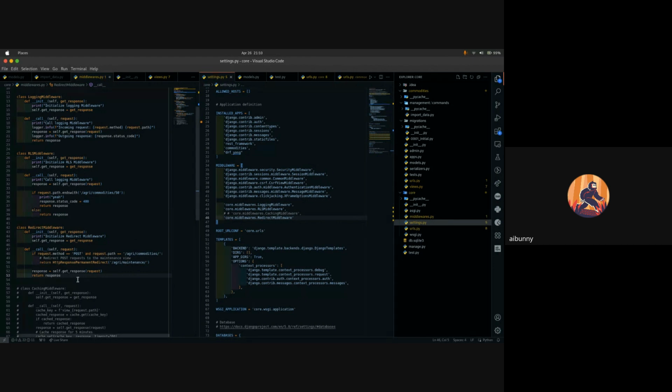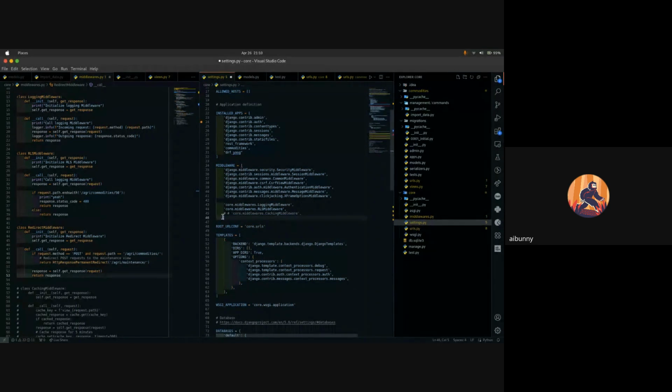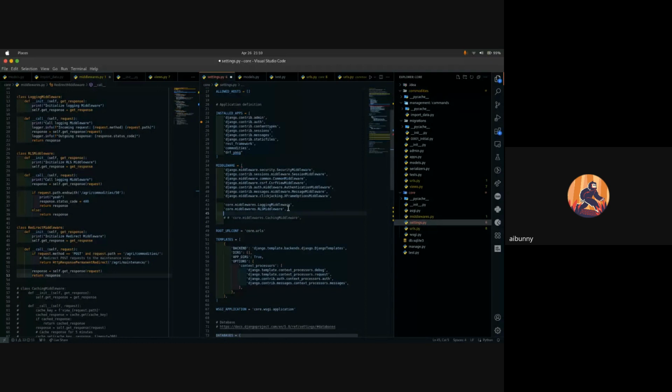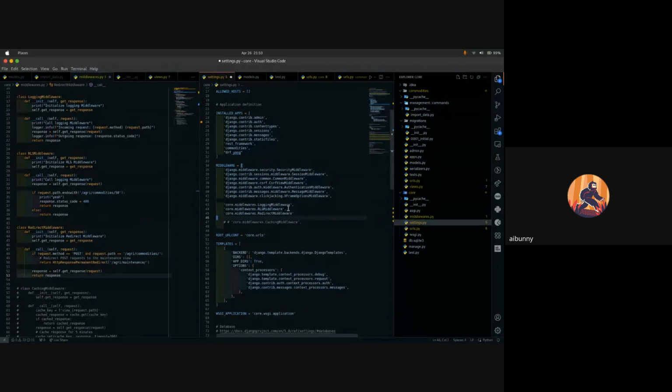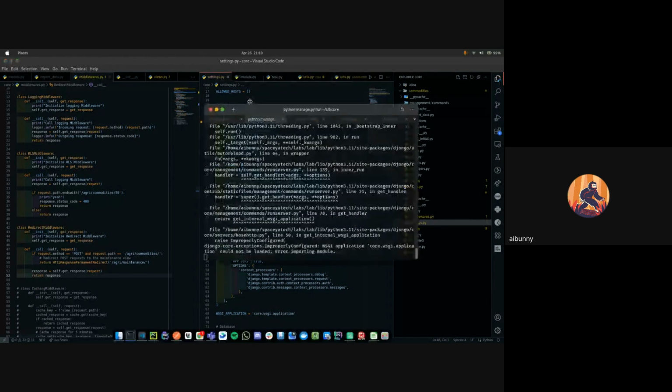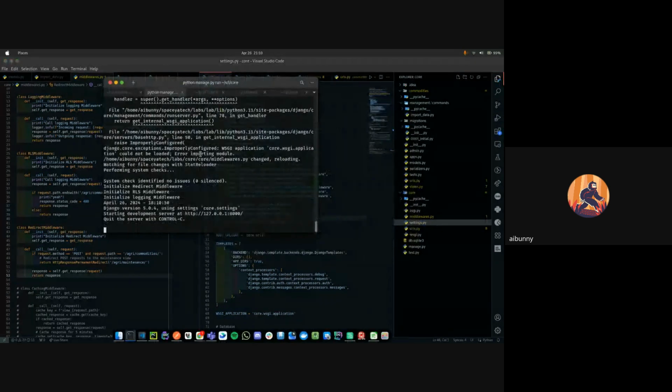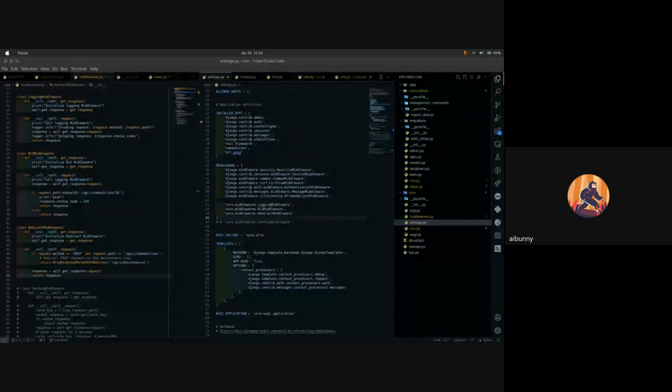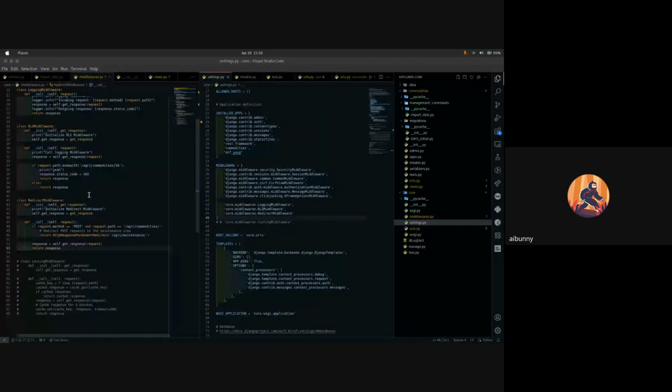I don't know what's up with this middleware. Let me just put it right here, just above here. I want you to see my logs. Oh, yeah. It was logging an error. So this redirect middleware is,